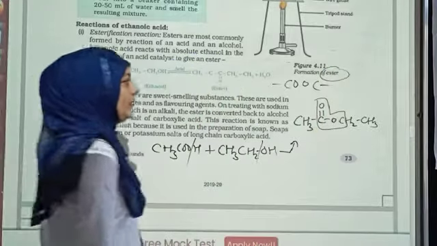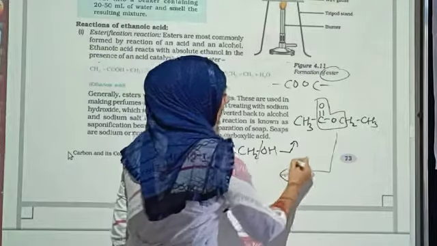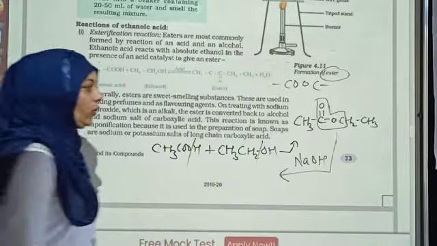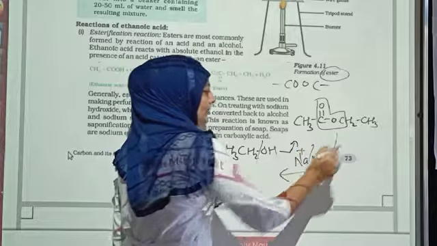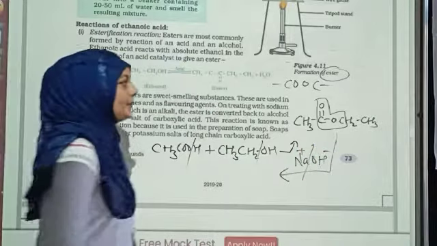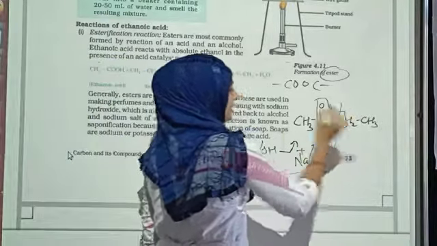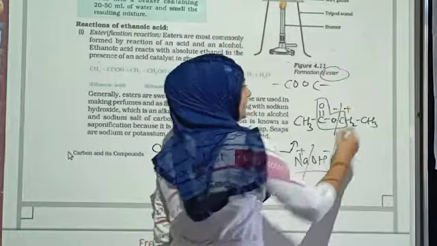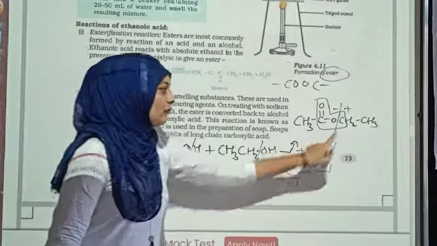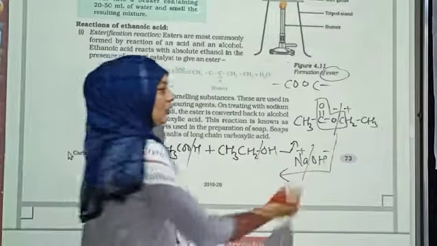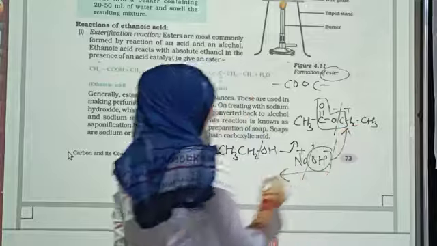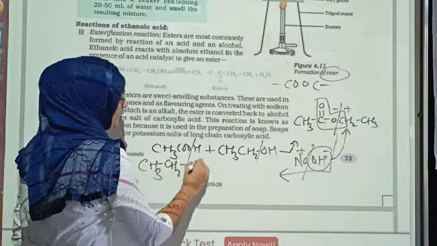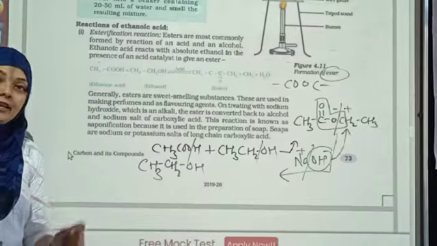Is it clear? Now when you treat the ester with NaOH, what will happen? Na plus OH minus, these two break from here, and you are having this acid, the ester. It is also going to cleave. So this is your minus and this is your plus. When this is plus, what will be going from here to there? OH minus. How it will be coming back? CH3, CH2, OH. You will be getting ethanol back.